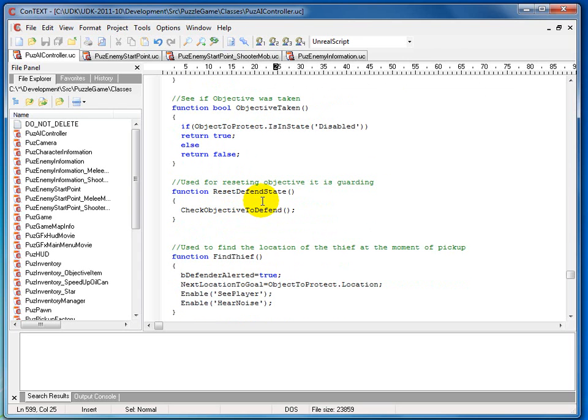We have function reset defend state, which calls on check objective to defend, which basically means that if the item was taken, rather than have the AI sit there blindly not knowing what to do next, we tell it to go find another objective. Now obviously if he sees the player after the player picks up the item, he's going to go to attacking, so he won't need to rely on this. But this helps if the player manages to sneak in and grab it and run out before the AI even